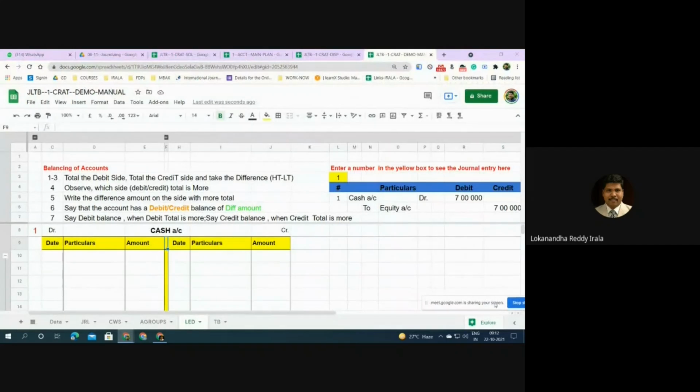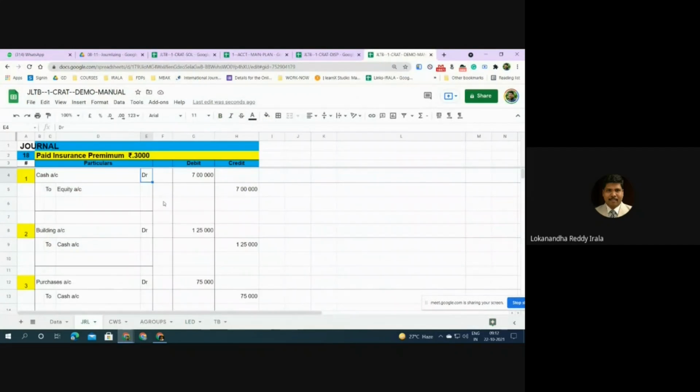See, journal, which is also called a book of original entry or book of prime entry, describes the chronological listing of the transactions as they happen. But the journal will not answer such questions as, for example, what is the cash balance that I have in my business? Or what is the total buildings that I have in the business?